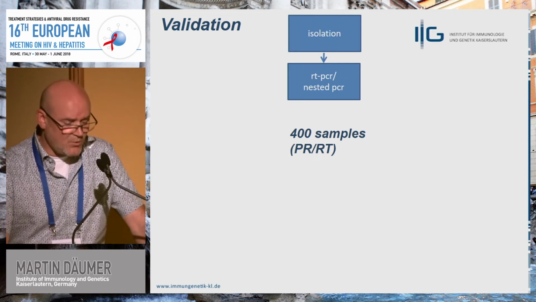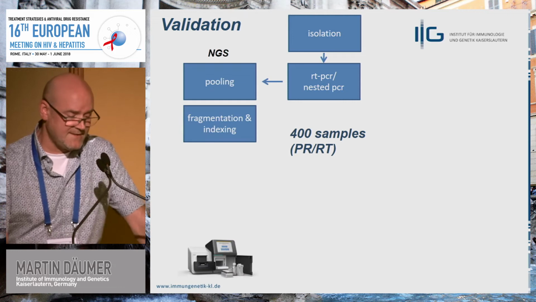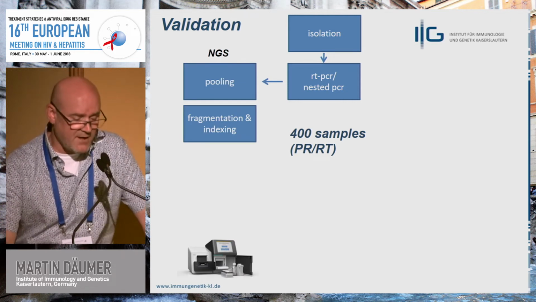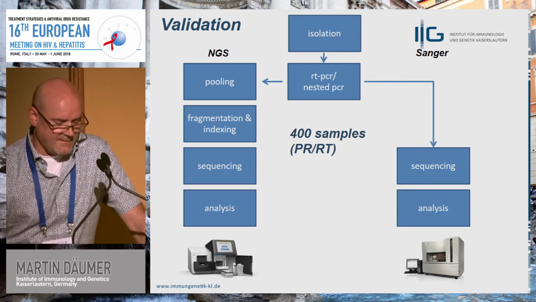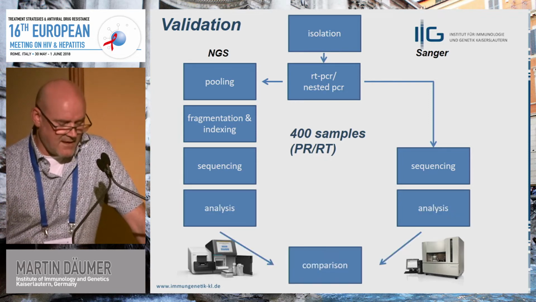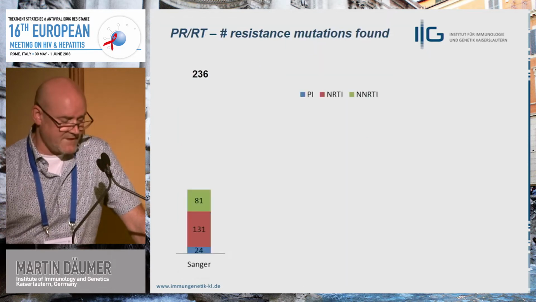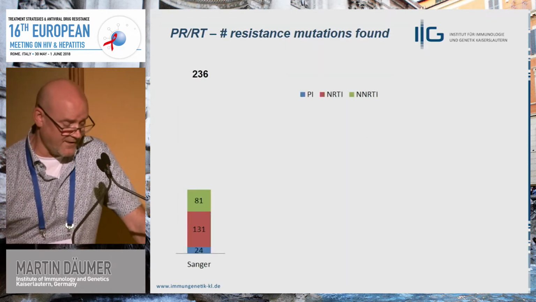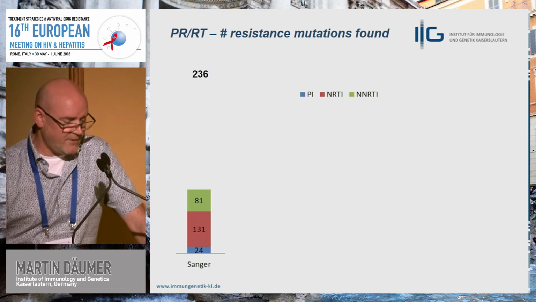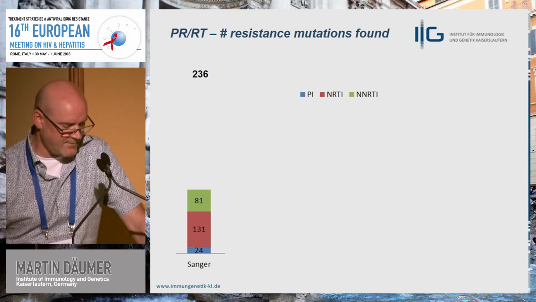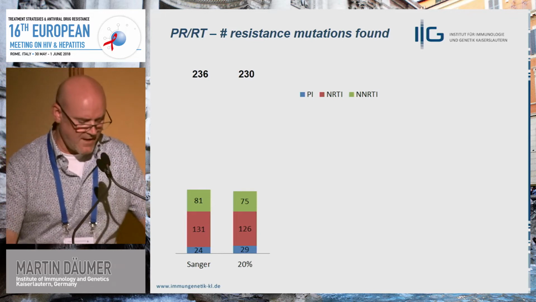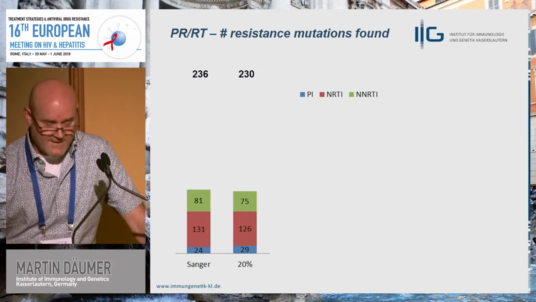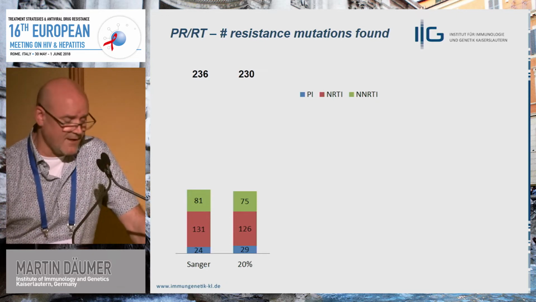For the validation, what we have done was, in parallel, 400 samples for protease and reverse transcriptase: the NGS pipeline, the Sanger sequencing pipeline, and in the end, the analysis. And we compared the data, of course, and here's what you are expecting. We had 236 mutations which were detected by the Sanger sequencing approach, and by applying a 20% cutoff, you will have 230, so it's less. So the Sanger sequencing cutoff is a little bit